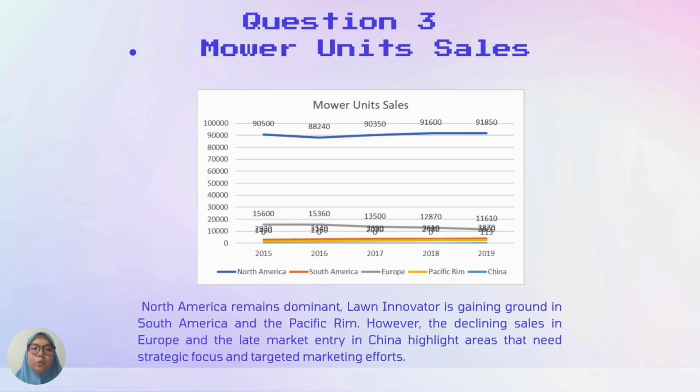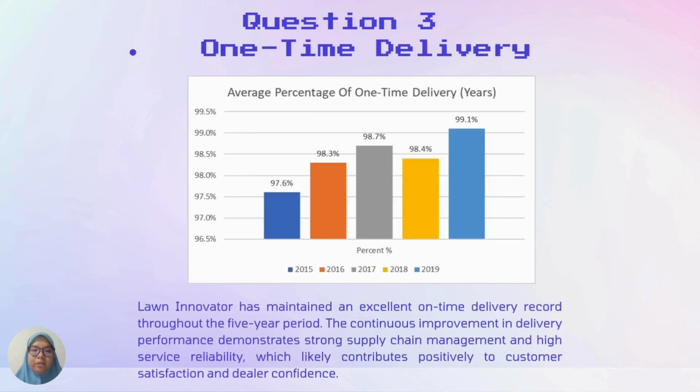For mower unit sales, North America remains dominant. Lawn Innovator is gaining ground in South America and the Pacific Rim. However, the decline in sales in Europe and the weak market in China highlight areas that need strategic focus and targeted marketing effort. For on-time delivery, the highest percent in